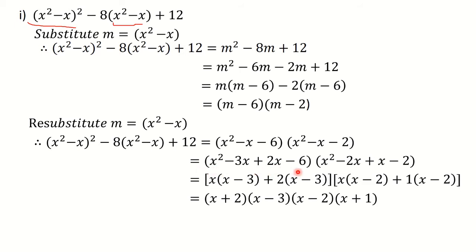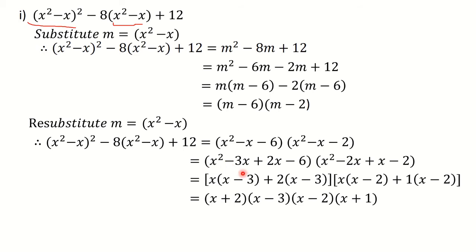So this is the first bracket. Similarly, the second one, here I have minus 2. So find the factors of 2 in such a way that the difference should be 1. You know that it is 2 times 1 is 2. Again, the middle term is negative, so the sign of the bigger number is negative. So this minus x I wrote as minus 2x plus x. Okay, so again it is factorized.